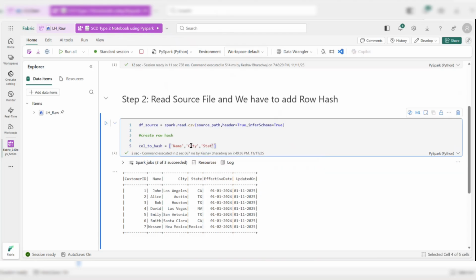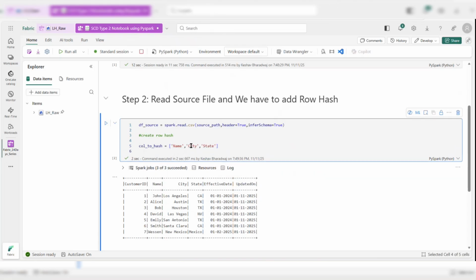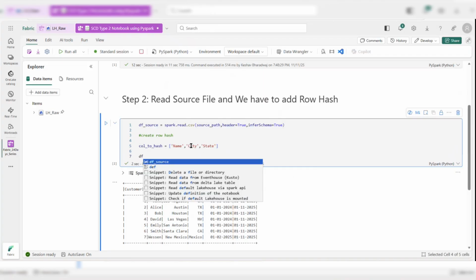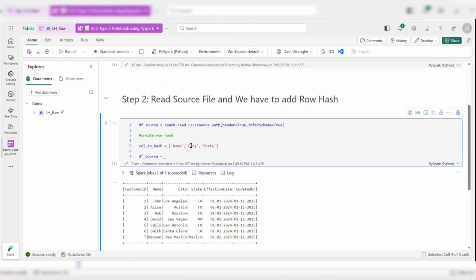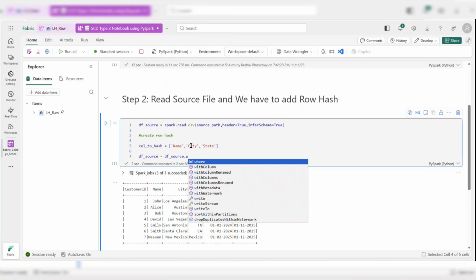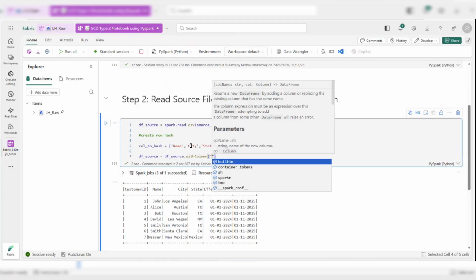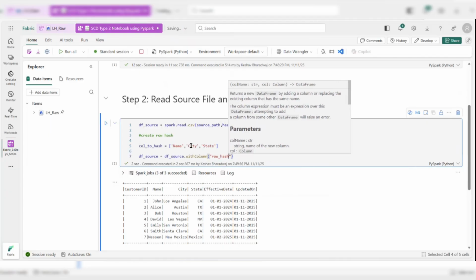Then we have state. So these are the three columns which we have to provide for the row hash. Now we will be using the withColumn function in PySpark. So I will write df_source equals df_source.withColumn. Using withColumn, we can add a new column. So I'll provide the column name. Column name is row_hash,